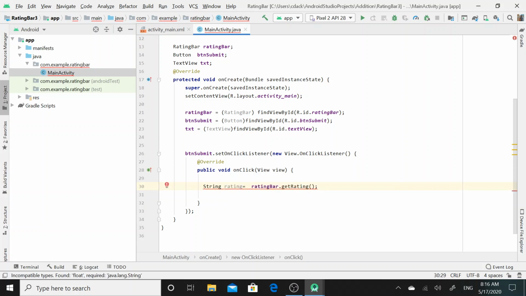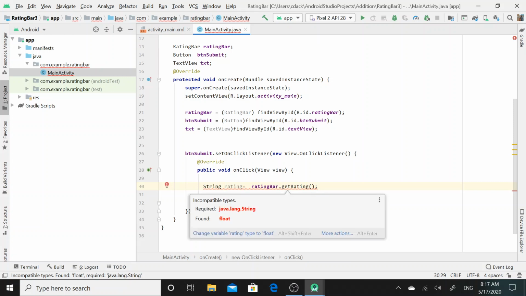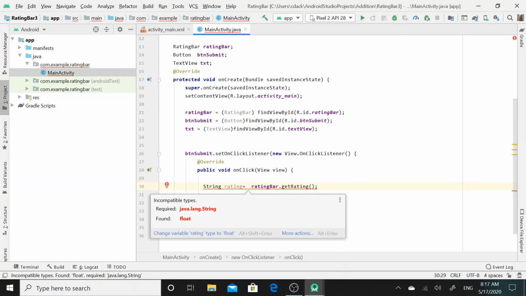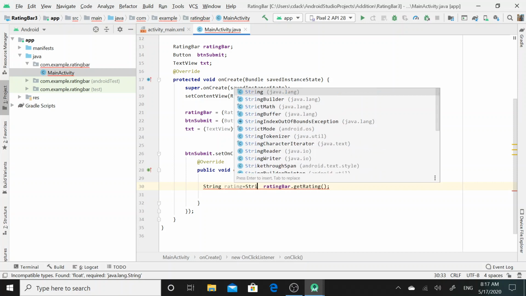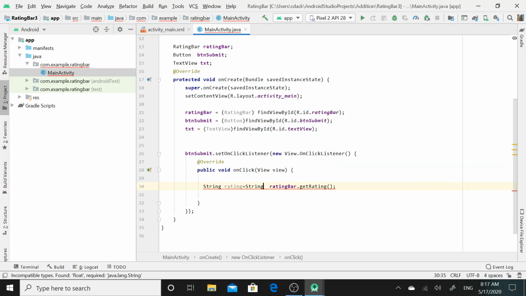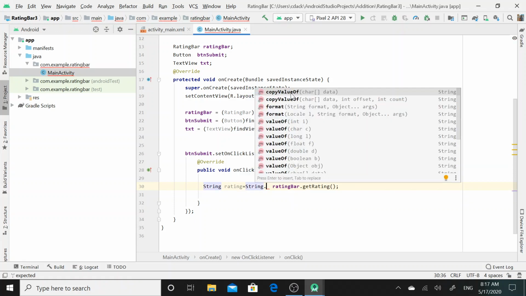equal to. So again here I need to implement the typecasting methodology. For that purpose I will call the String class, this class is present in the java.lang package, and I will call its static method valueOf.